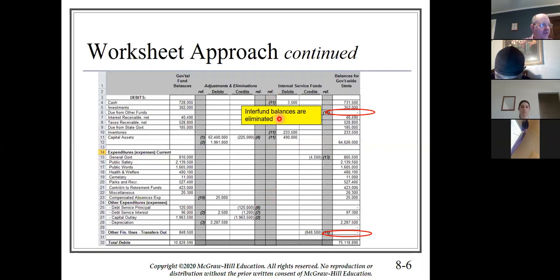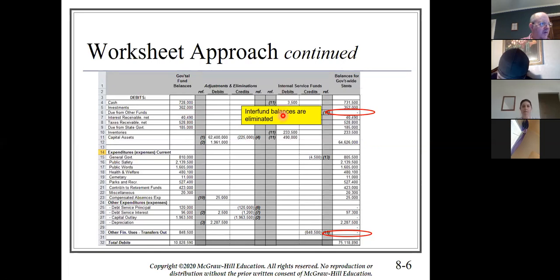Okay, interfund balances are eliminated. That would be something that if you had advanced accounting, it's exactly the same as an intercompany transaction, which you had to learn on the spreadsheet how to eliminate those and why. So, due from other funds,